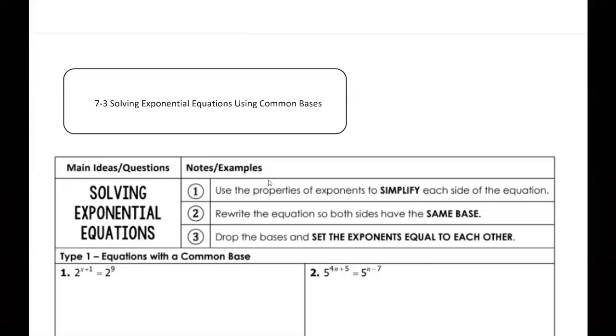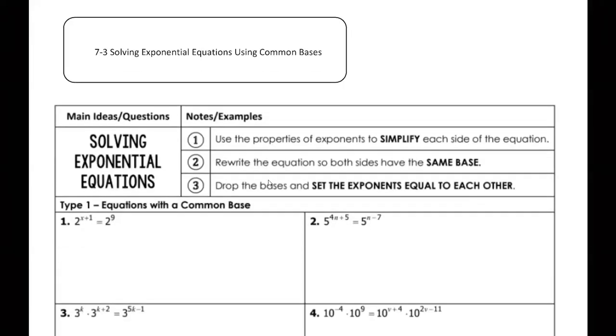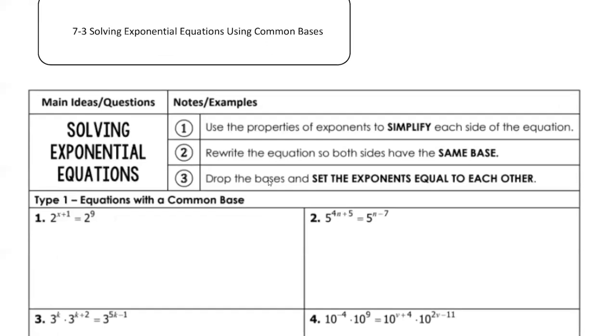So like I said, we're just going to be solving exponential equations using common bases. Basically, the big idea is if you have an equation like 2 up to something equals 2 up to something, you can get rid of the bases and set the exponents equal to each other. So your goal for pretty much all these problems is, for number one, if you have a common